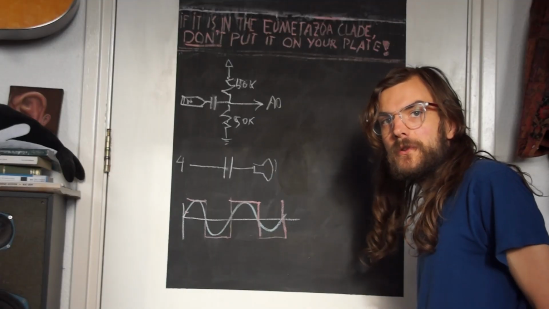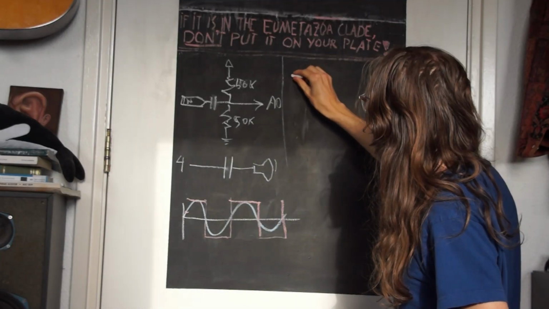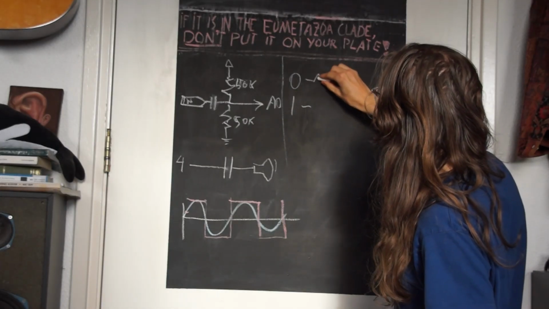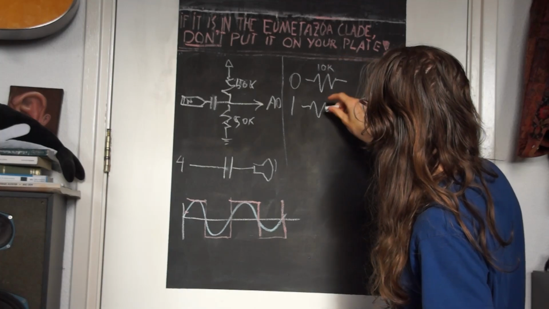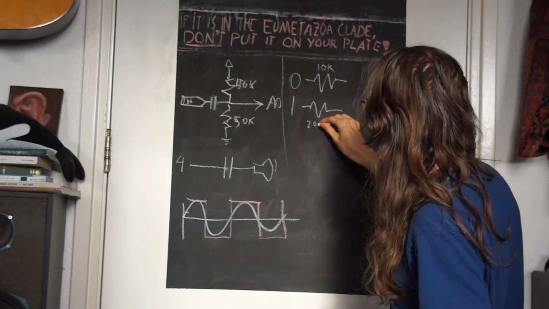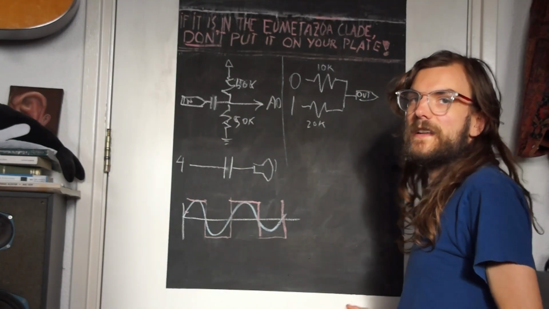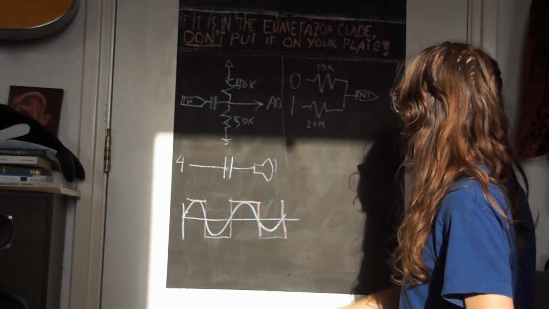In order to make a voltage that is not 5 volt, we can imagine that we have pin 0 and pin 1 here, and we can connect them through 2 resistors. We can make one resistor 10K and one of them 20K. And then connect this, and this will be our audio output. So let's think about what it's going to do. If both of these are at 5 volts,